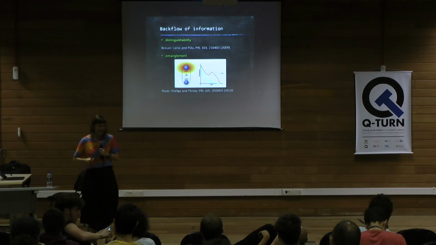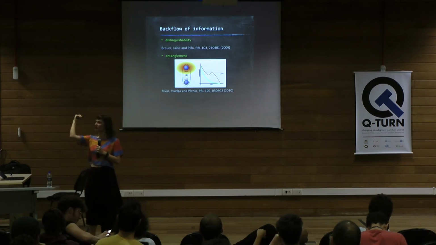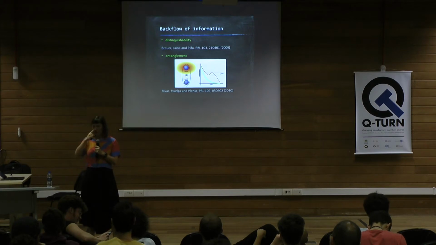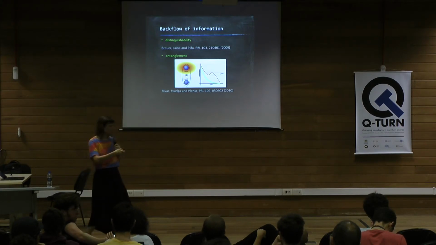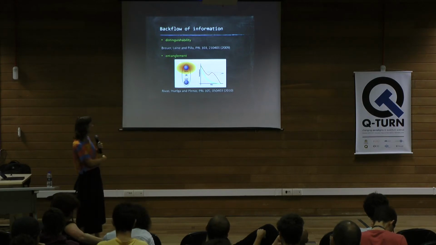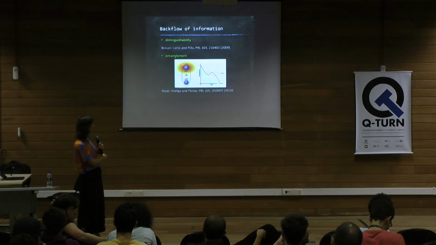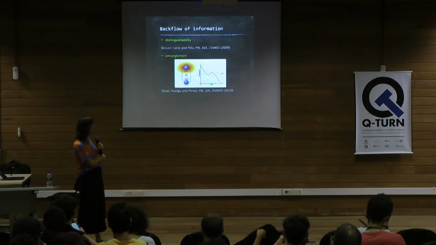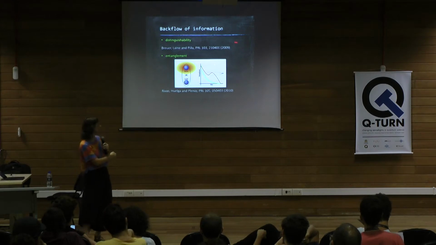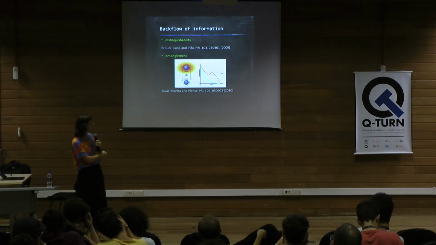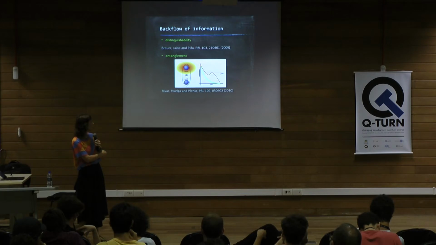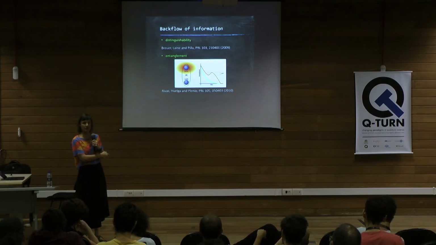I feel like trapped. And so you start to lose distinguishability, but it can be that at some point you recover this distinguishability again, okay? And another witness of a non-Markovian dynamics will be entanglement. So you have your system in contact with the environment, entangled with an ancilla, and then at time zero you start with some maximally entangled state, and then you start to lose entanglement. But then at some point you can see a recovery of entanglement, and this will be a sign of non-Markovian